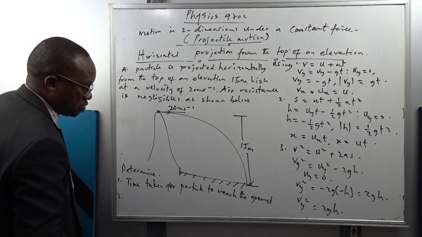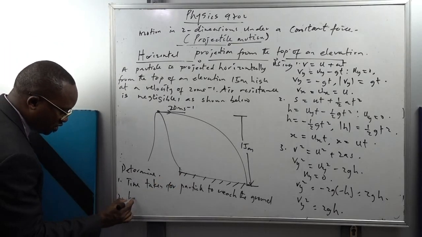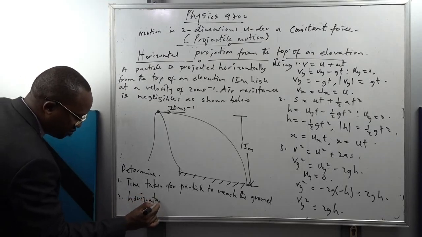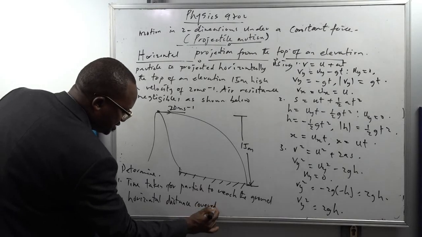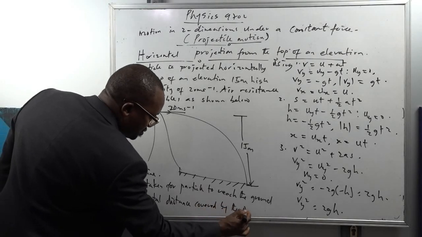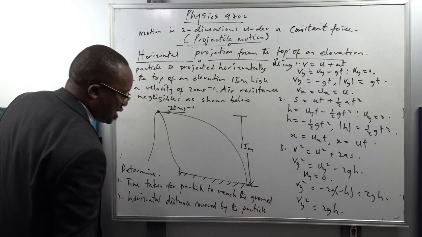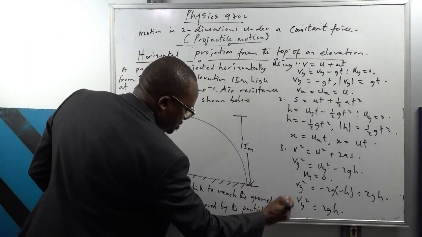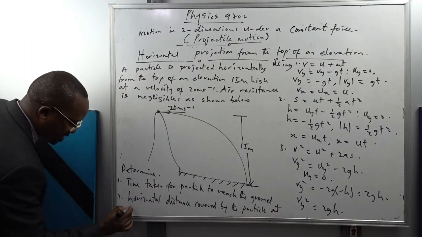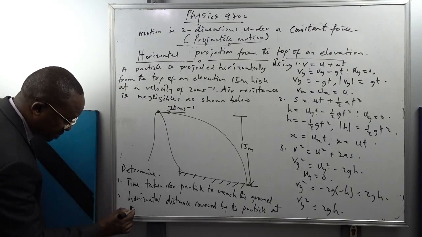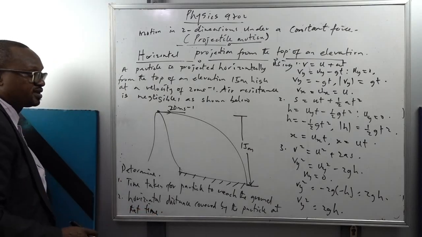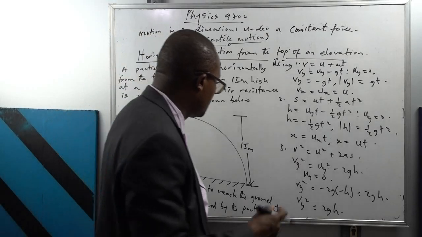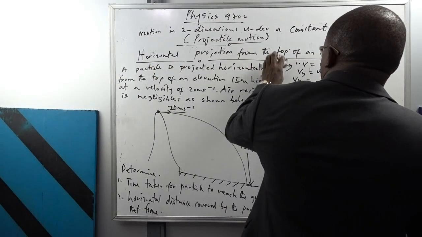Two, horizontal distance covered by the particle at that time, which simply means we are referring to 1. Okay, then the next one,